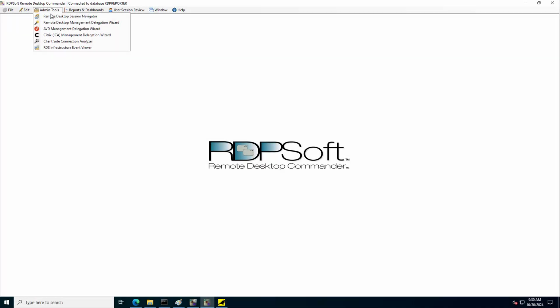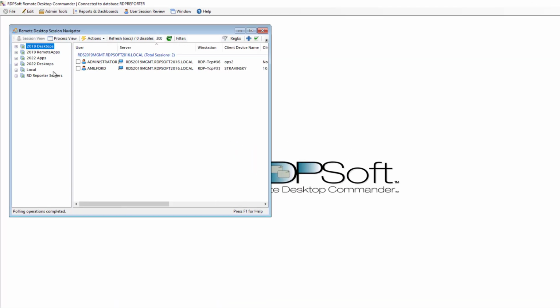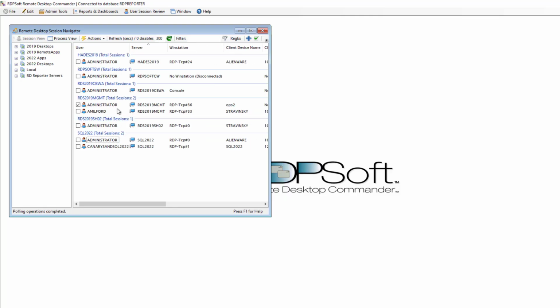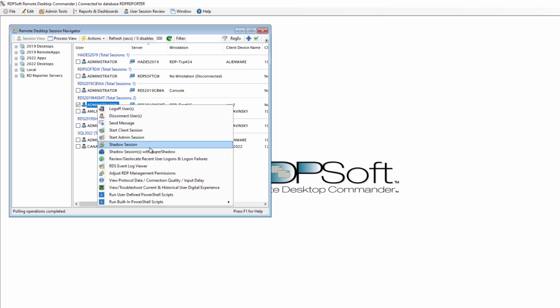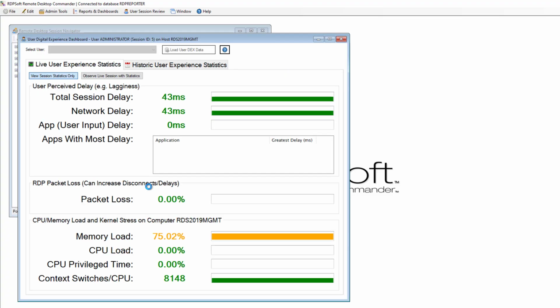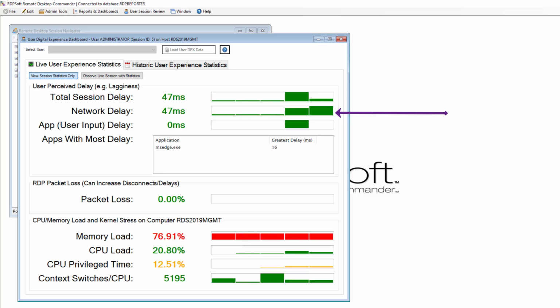In Remote Desktop Commander v7, you can select an RDS or AVD user session from our Session Navigator window and click on the Troubleshoot Current and Historical User Experience menu item. Up pops our new DEX dashboard, and it immediately starts showing critical metrics such as network delay, which is the latency from the client to the session host,